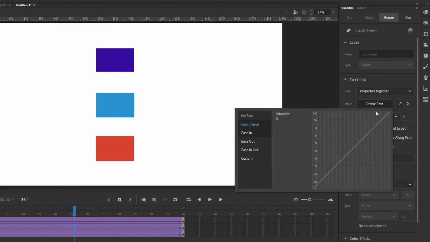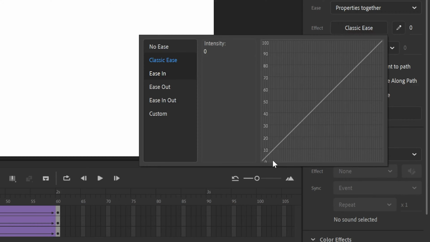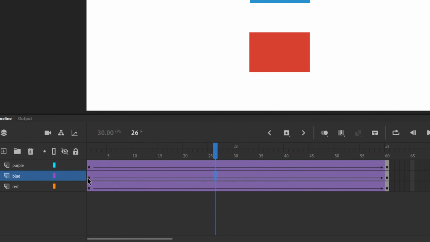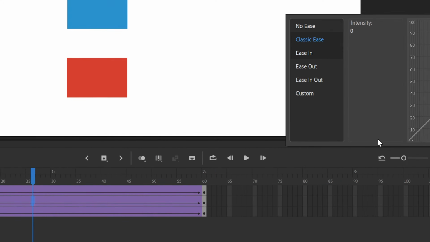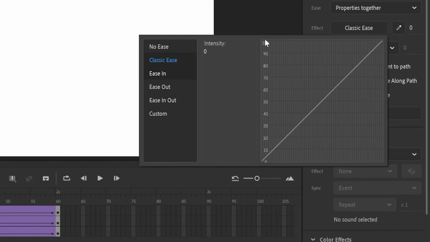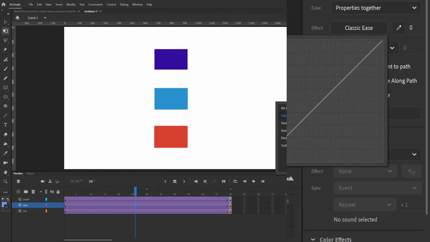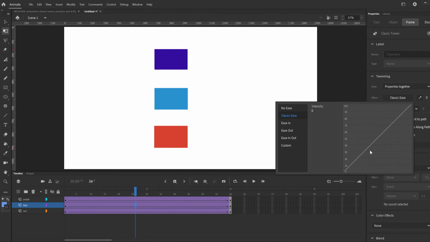And if I click on that, you can see that this bottom down here is just our frames. So along here is how many frames we have in this span from this keyframe to this keyframe. And up here is how much of the transition from one spot to the next is done. So this would be 100% done, this is 0% done. So you can see this is just a constant from one spot to the next. But within this menu, we can actually change how this line goes,